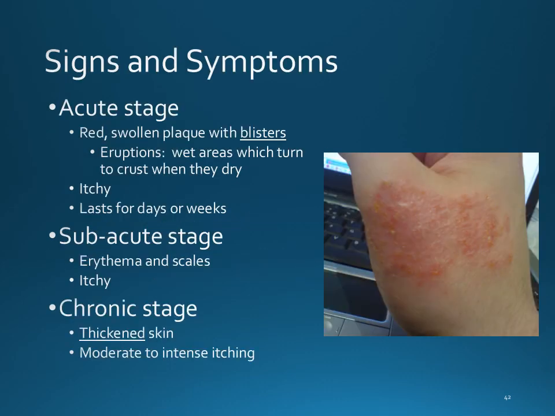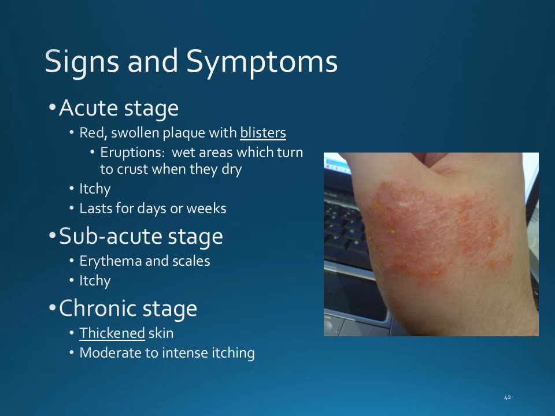All right, so there are different stages to this. For an acute stage, you're going to see redness, you're going to have a plaque, and then you're going to have these blisters. It's hard to see in this picture, but that right there is a blister. This kind of looks like one, but even on my screen, it's a little bit blurry. But that over there is definitely a blister. So you have these vesicles, which again have fluid in them.